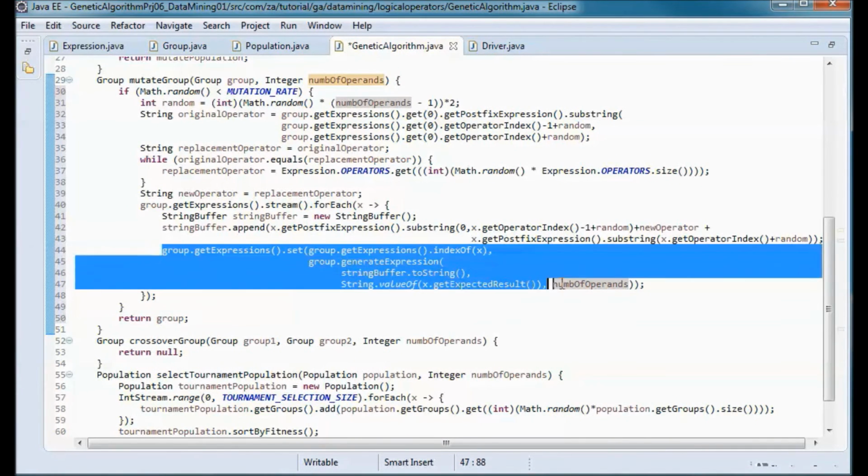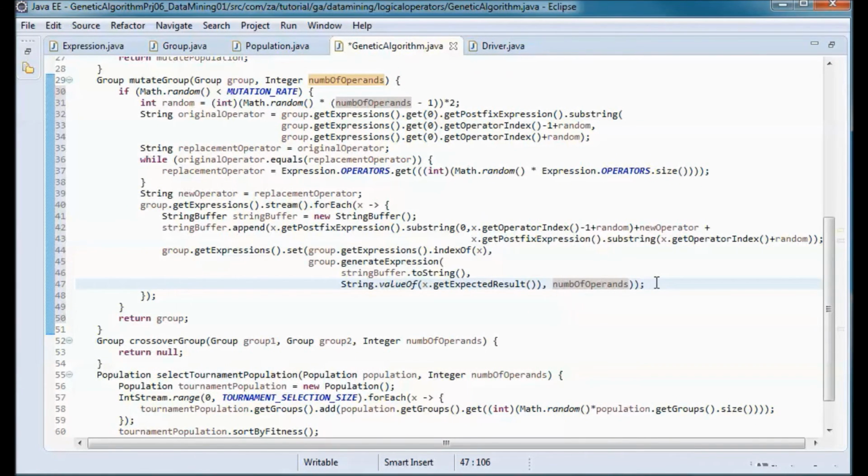And we will have new expressions in place of the old ones, accounting for the new operator. And this will be the mutated group that we will end up returning.